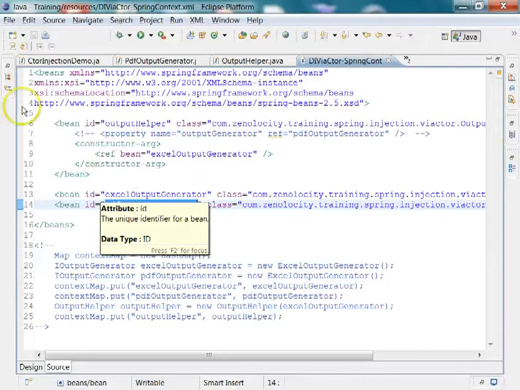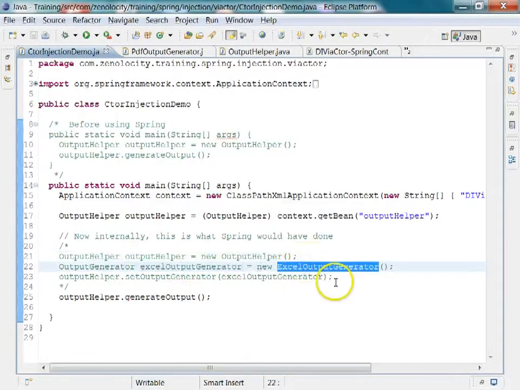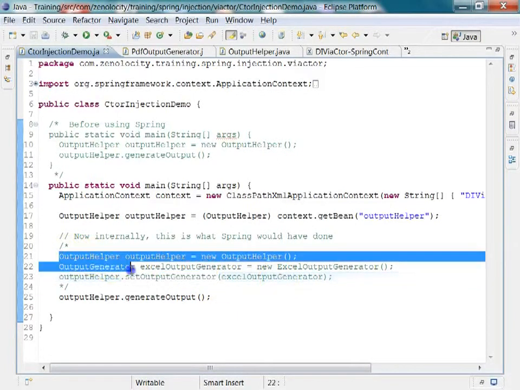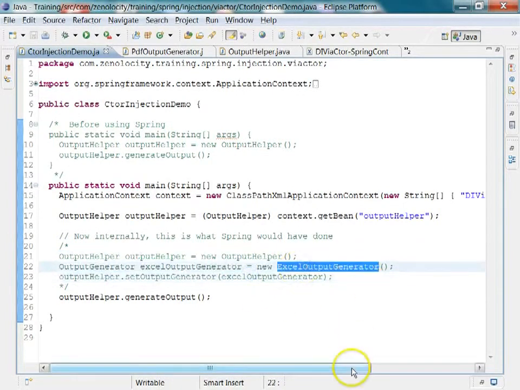Whereas if you had hard coded it, in traditional programming without using Spring, this is how you would have done it. You would create an output helper class, then you would create an Excel output generator, and then you would set that to the Excel output generator. So instead of doing all this, here in your code you are hard coding it, right?